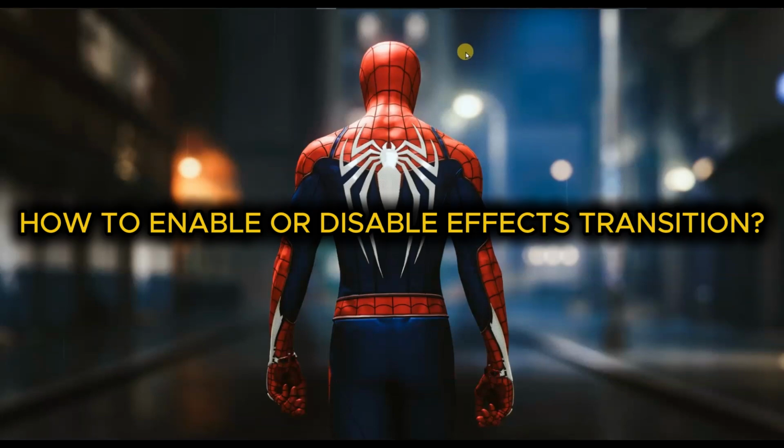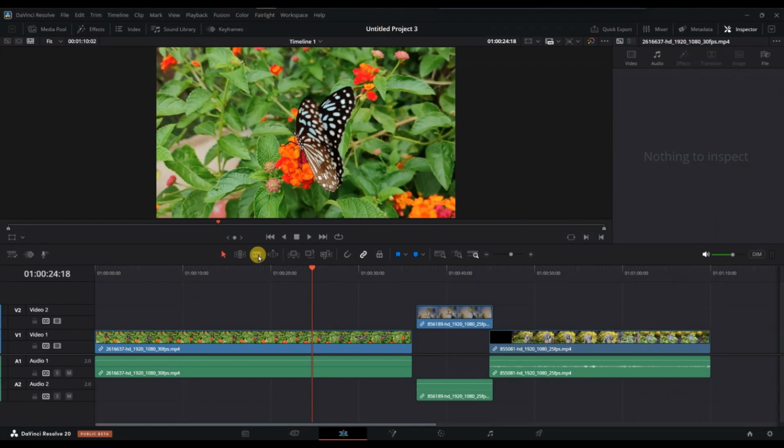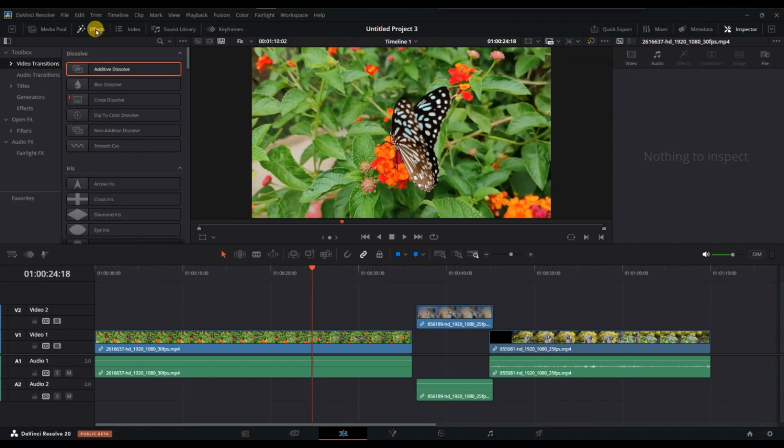How to enable or disable effect transitions in DaVinci Resolve. First of all, open your project in DaVinci Resolve and head over to the edit page where your timeline and clips are placed. On the top left, find and click on effects in the toolbar to reveal the list of